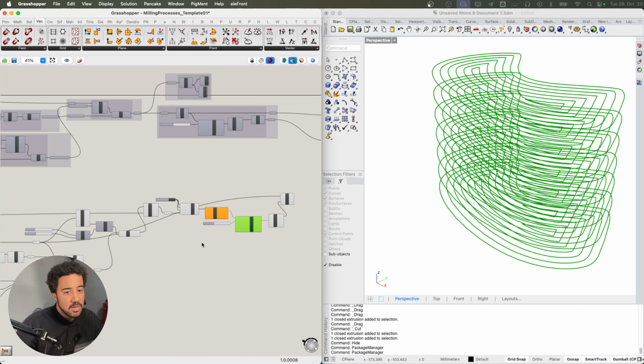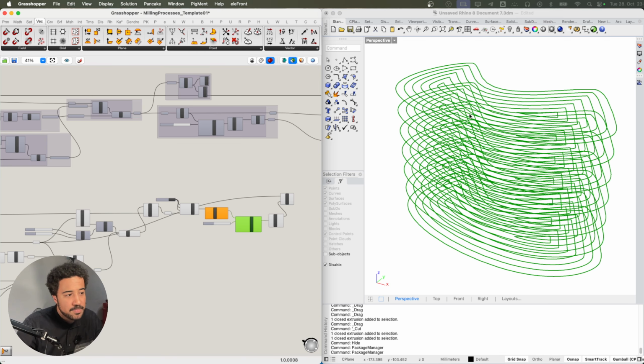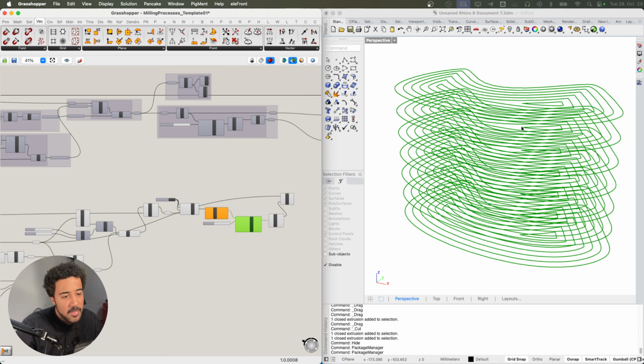Of course, this toolpath now is super simple. There is no lead in, there is no lead out. There are no spiralizations, there is no helical spiral that actually goes into the material to remove some material first, but it's just very naively going into one layer, cutting away the layer and going into the next layer.